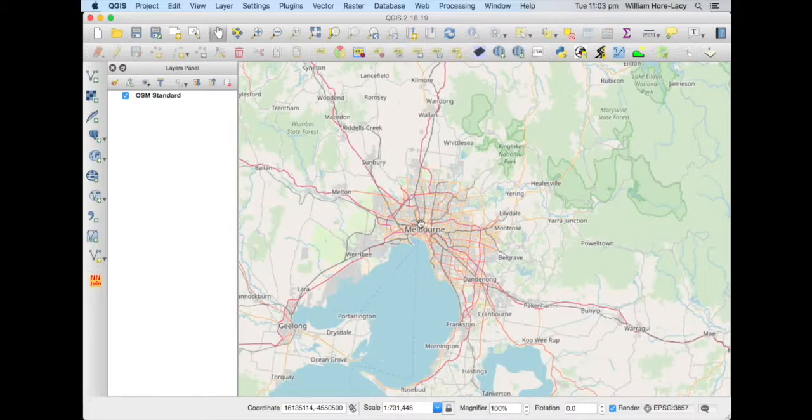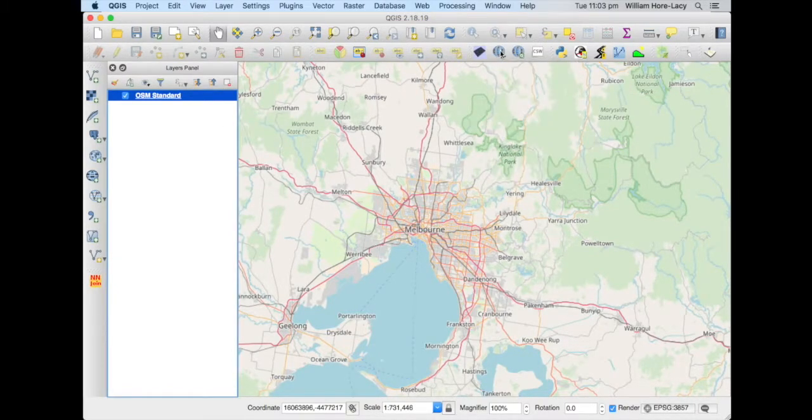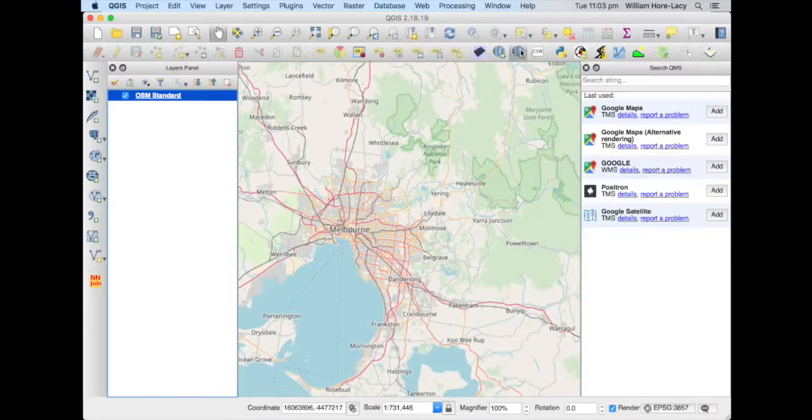So just to orient ourselves a little bit, we've got our map window as the big window here, and over on the left there's the layers panel, and you can see there that's where the OpenStreetMaps layer is, and we can switch that on and off there. There weren't a lot of layers that you could see in that menu that you can also get to from here, but with Quick Maps you can also search for other layers